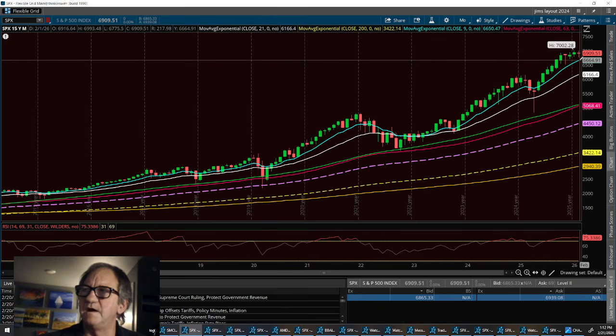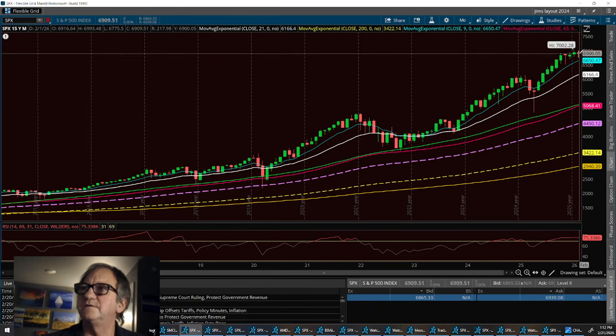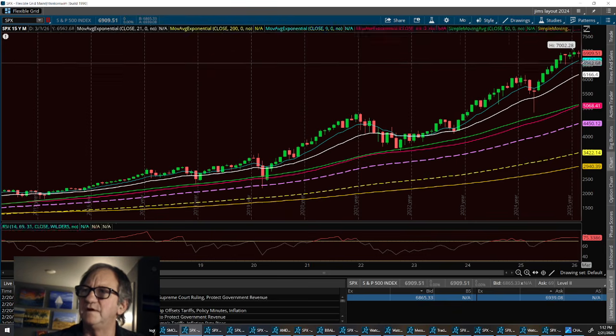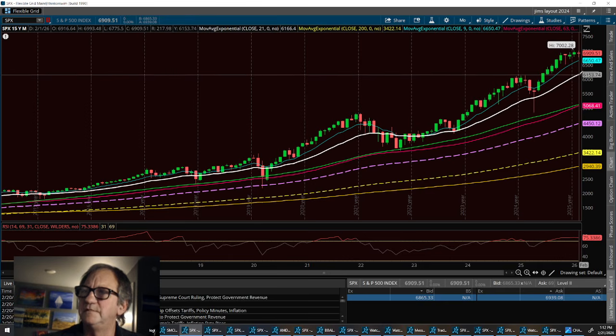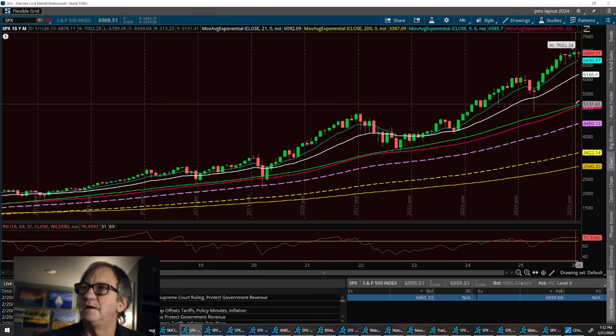We're above the 9. As long as we stay above the 9, we're still bullish. We got to look at that candle, see if that's a bear candle for it to pull back and hit that 9. And if it doesn't hold the 9, then I've got the 21. Then if everything just goes to hell and we get into a big war, I got my eyes set down here